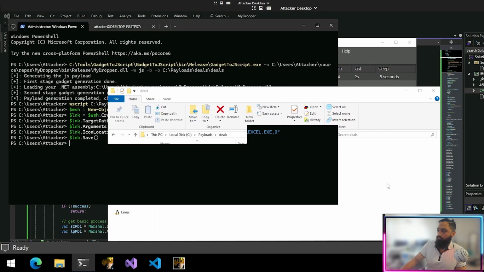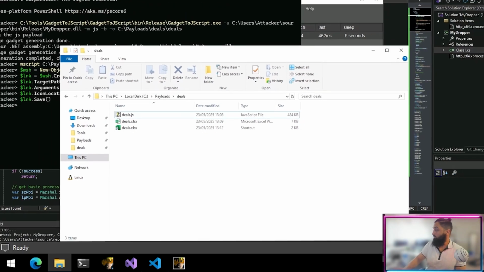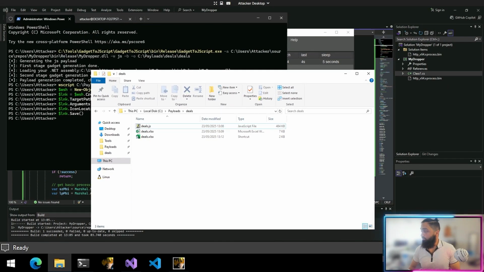As you can see, after running this, I have the shortcut here in the same directory, alongside the beautiful Excel icon, making it super realistic. And so now lastly, let's go ahead and pack all of this into an ISO container, which then the user can receive as one single download, including all of this. And I'll demo myself as the user so that you can see from the user's perspective how they'd be tricked